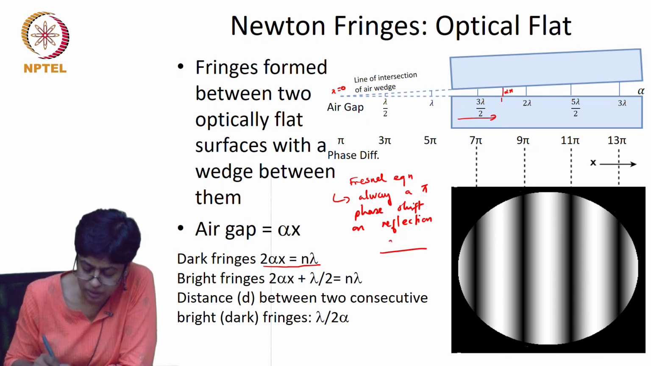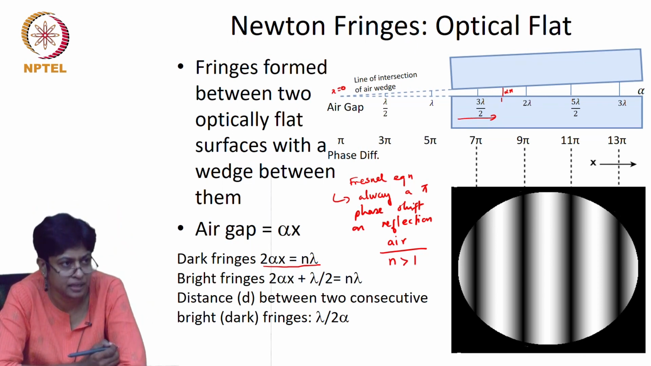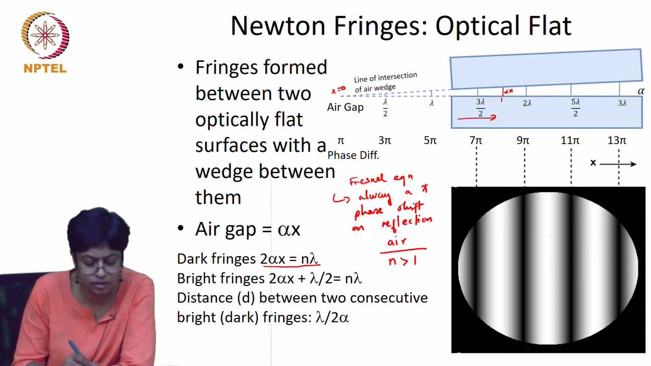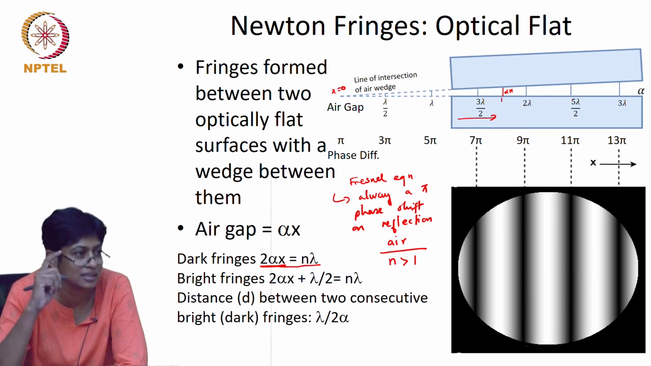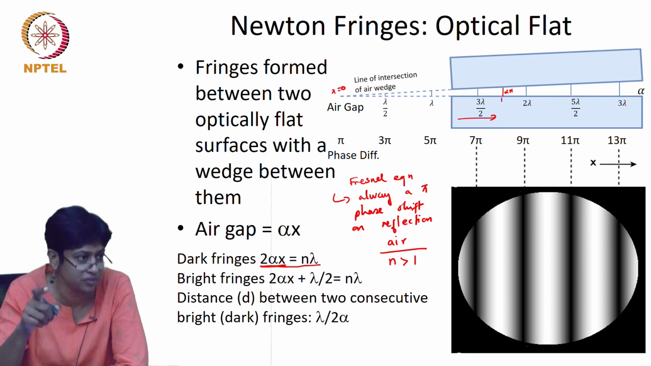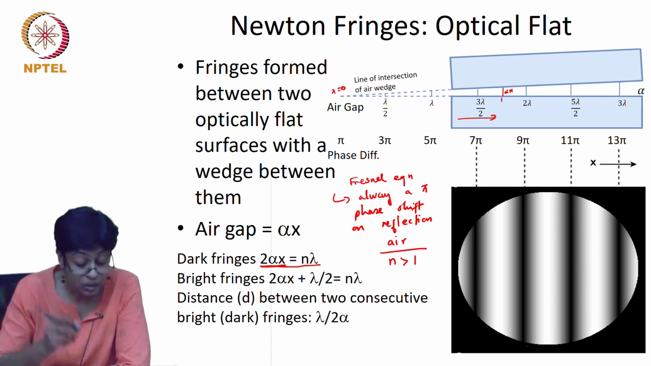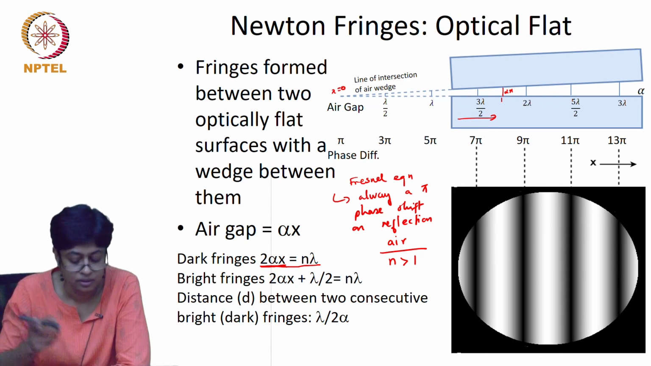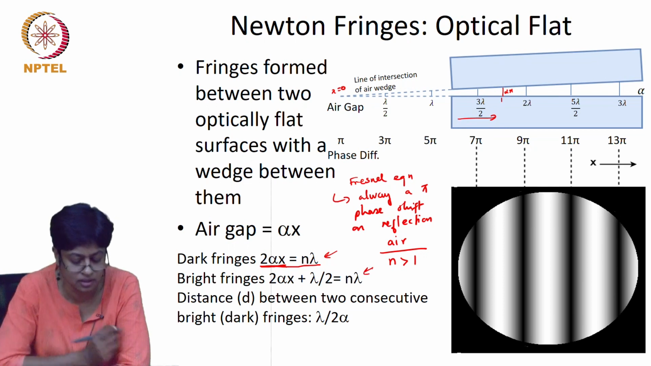On reflection, when you have air and some n which is greater than 1, then you have a pi phase shift. So there's an additional pi phase shift that's arising. If you look at this 2 alpha x, that distance, that's only taking a phase change that has occurred due to the path length. You need to take into account all of the phase changes to get the interference condition. So because of that extra pi phase shift, the dark fringes occur here and therefore the bright fringes occur here,